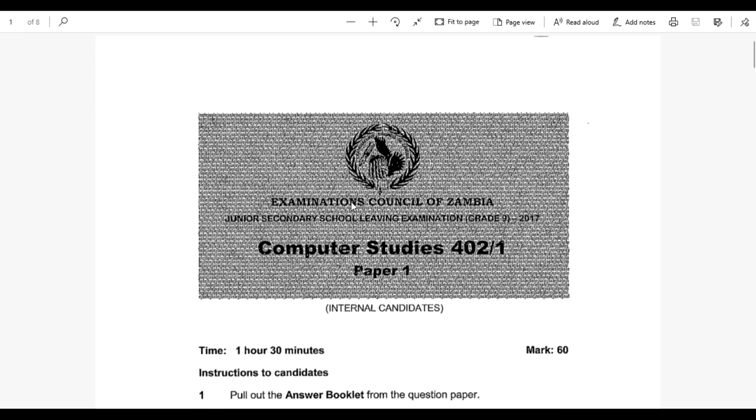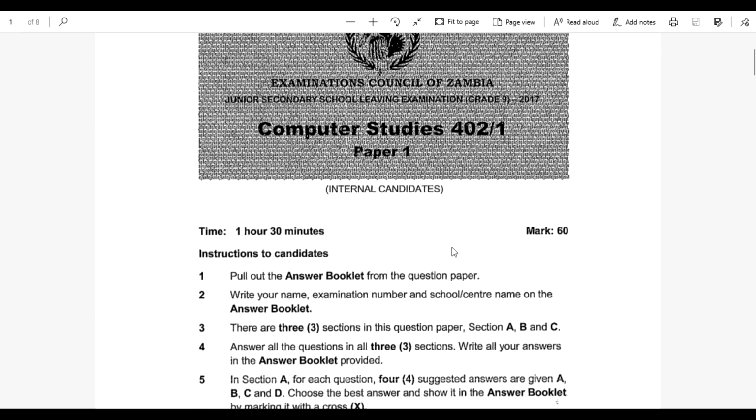Hello everyone, welcome to Z Computer Lessons, and today we're going to look at this interesting past paper question from the Examination Council of Zambia. This is a junior secondary question paper and it was prepared in 2017. As you can see, this is a paper 1 past paper, and as such it consists of 60 marks. So this 60 marks is for this theory part, and the rest of the 40 marks goes to the practical